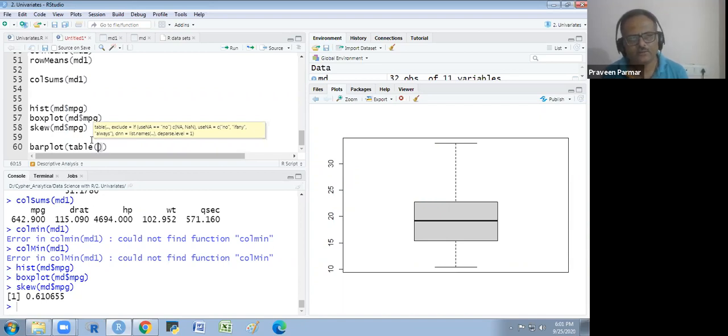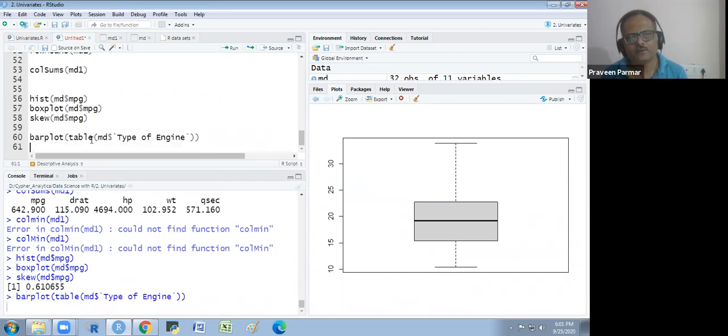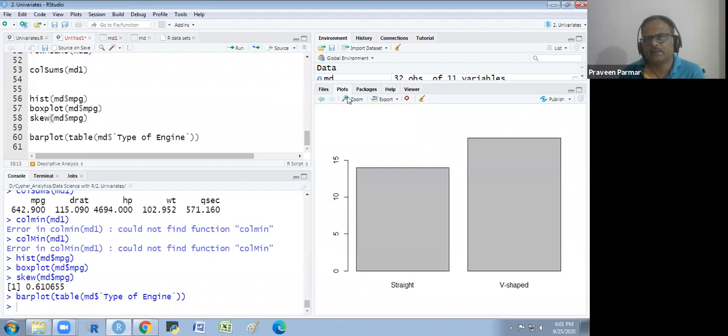So MD dollar types of engine. So I am getting this, V-shaped and straight. It is just for our purpose. If you want to put some color, you could fill it, but we are not taking that here. That is data visualization in the second R session. So you could get the plot in this way, and understand the shape of the data.